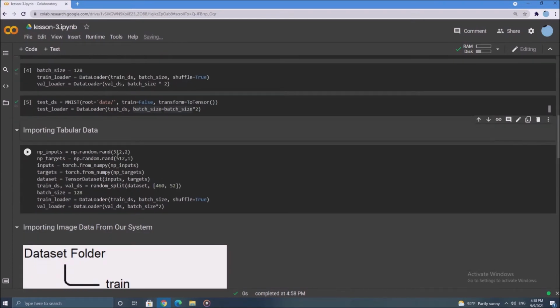Now let's import tabular data. Tabular data is data that's in tables. So we're going to create random matrices, random NumPy arrays at the beginning, and that's going to be our data. It's going to be a 512 by 2 array, and that's the inputs, and the targets will be 512 by 1. We're going to convert these NumPy arrays into torch tensors, and